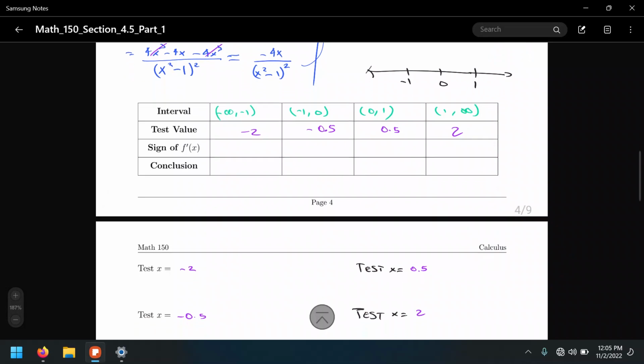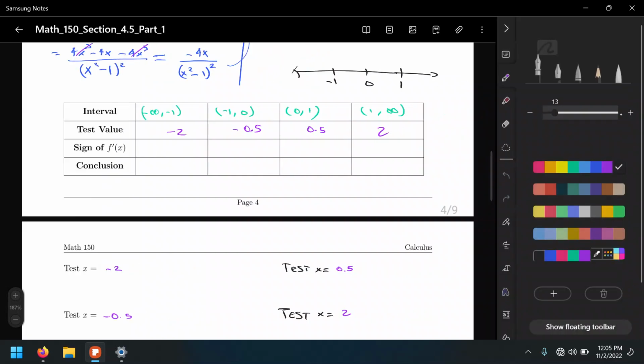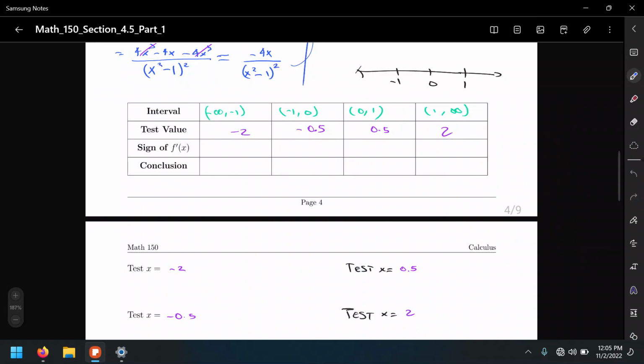So we were testing, we got to the critical points, or rather the hypercritical points, which are the critical points from the second derivative, and we got to the part for the test values, not really test points. And all these test points we have to test them in f double prime. That means -4 times -2 over (-2 squared minus 1) quantity squared. Well, this will be negative times negative, that's positive 8, over